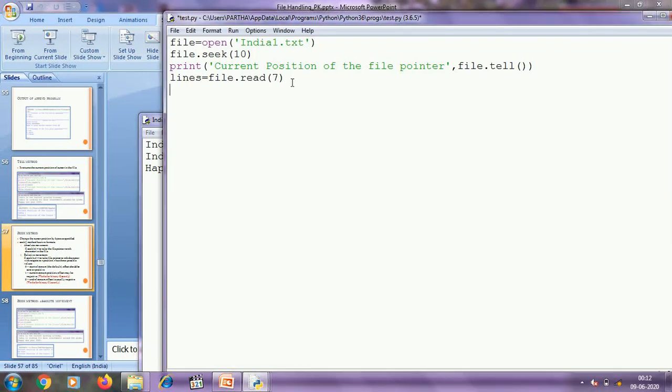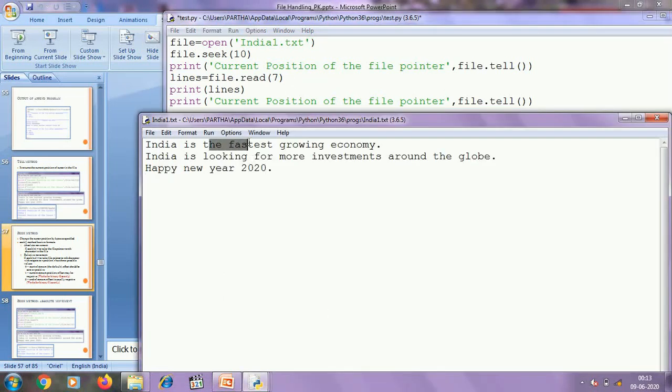Now I am going to display the variable lines, and after that again I am going to display the position of the file pointer using file.tell. I told you that file.read will fetch these characters. After fetching this, the file pointer will point to this position.